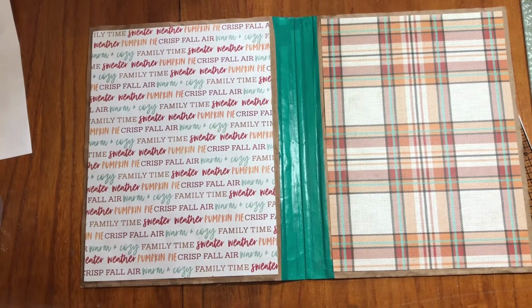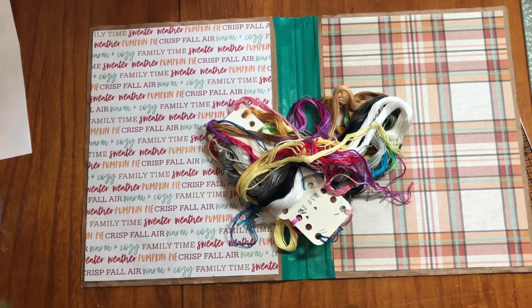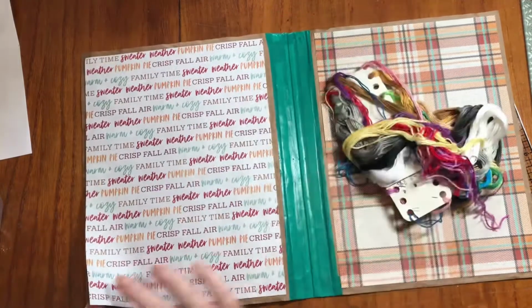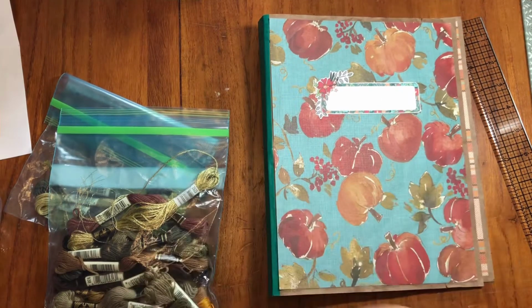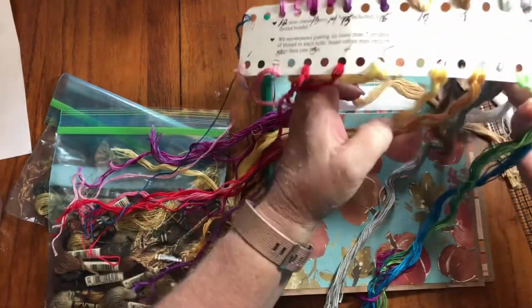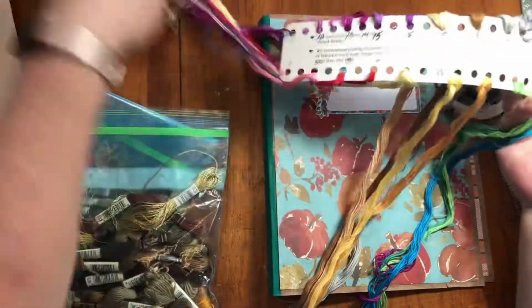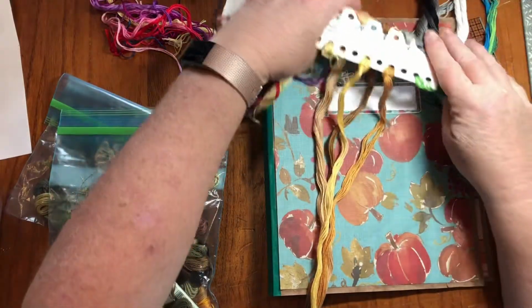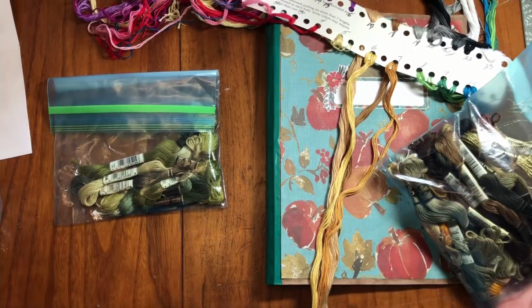So the more important decision is what color. What color thread do we want? Ooh, yeah, I need to do some re-gluing, don't I? Wow. Don't know what I was using on this last year. Okay, so this looks like a tangled up mess. And obviously I'm narrowing in somewhere in this area because I don't have the right orange or green. So I'm thinking somewhere in there, or let's see,